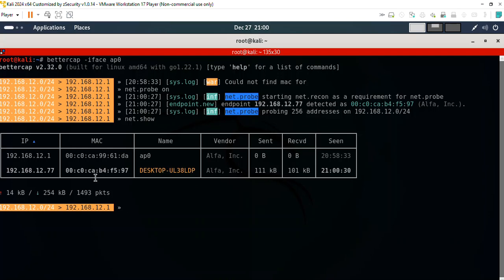Alright, great. As you can see, the first three parts of the IP addresses here are the same, meaning they are both on the same subnet. This is my AP0 interface, and this is the Windows 10 machine that is connected to the fake access point. So I'll just try to sniff on data